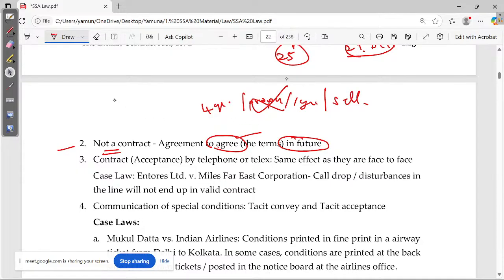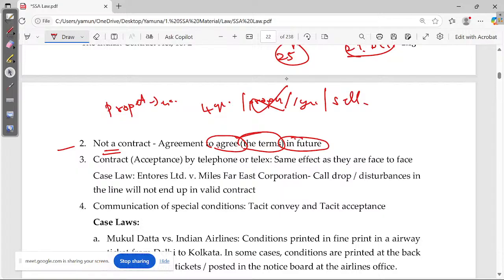Why? When you talk about the property, it should be in existence now, which means you have not yet bought the property. First thing, the property should be in existence. When it's about the property, you have to know the land area of the property. You know the current market price, but you're going to sell after 4 or 5 years. How do you know the market price? Okay. So there is no certainty. So an agreement where you're going to agree the terms in the future, no, you cannot say it's a contract. You can just say it's an agreement and it's not valid.